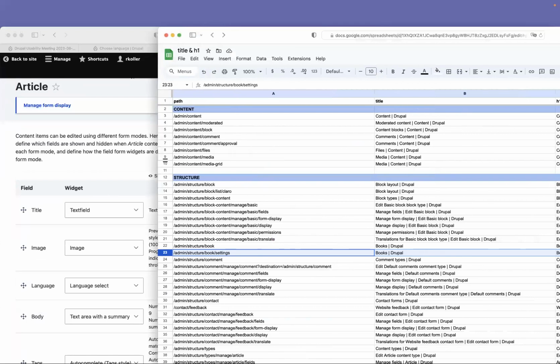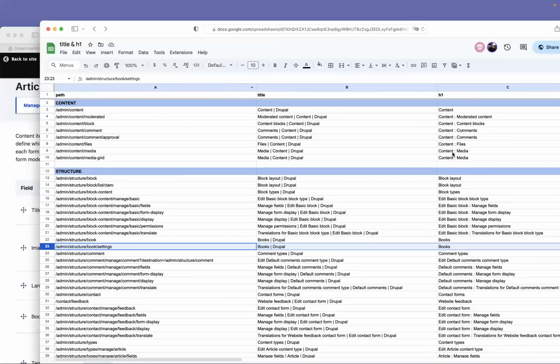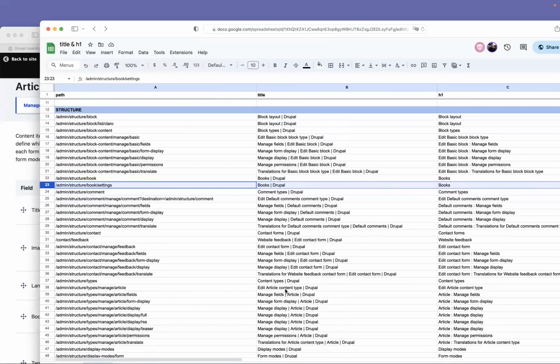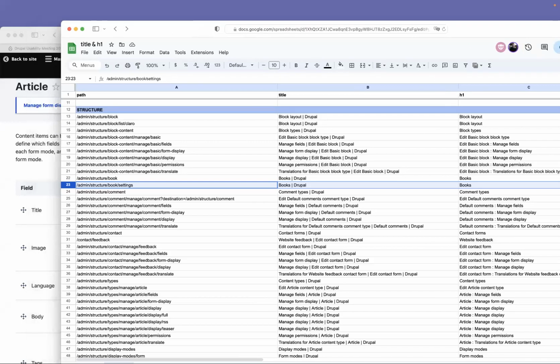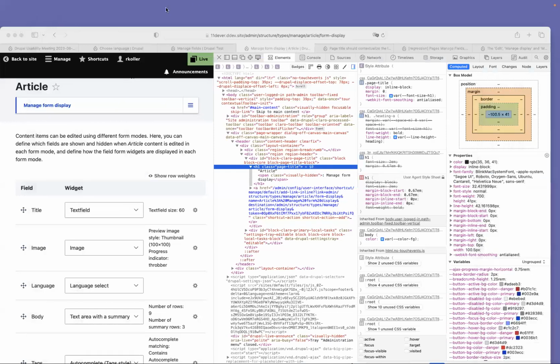If you compare the title and the H1, for example in the context of the article, the title is front-loaded, meaning "Manage display article Drupal", and on the H1 it's the other way around: "Article manage display". That is also inconsistent and might be confusing, because if you visit a page, I could quickly demonstrate